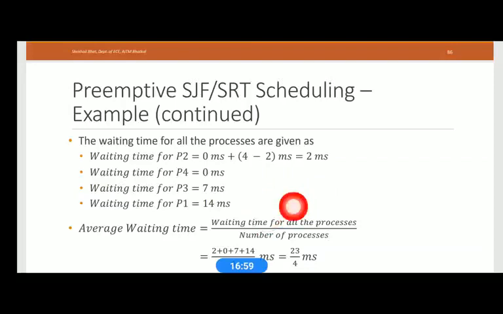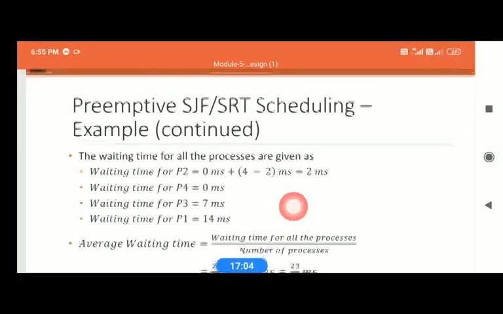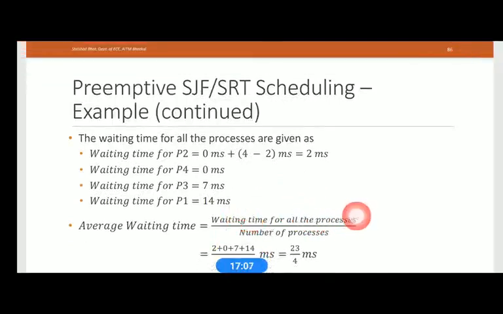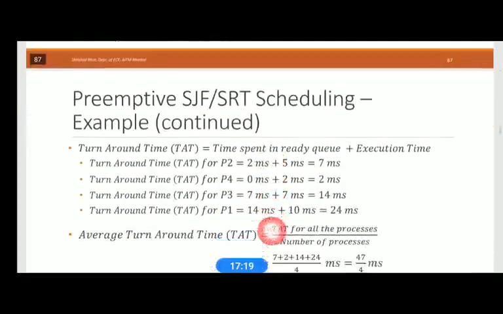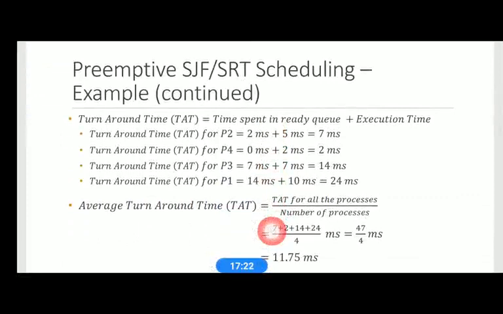So the total average waiting time formula is the waiting time of all processes, which is 2 plus 0 plus 7 plus 14, which is given here. Right, divided by the number of processes, which is 4 here, that is 23 divided by 4, 5.75 millisecond is the average waiting time. Further, if you see turnaround time, turnaround time is the sum of waiting